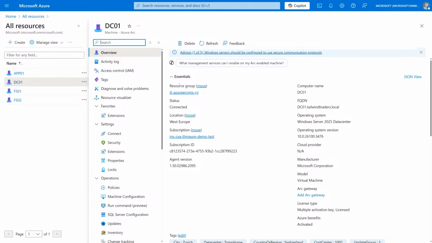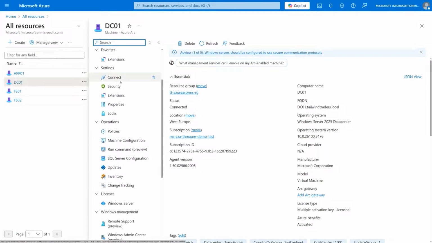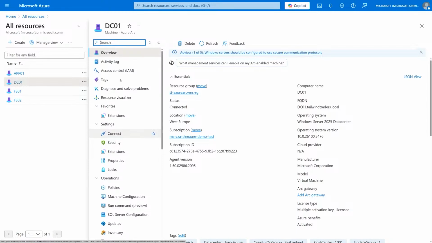But for the rest, it looks like an Azure resource, right? It's part of a subscription. You can use role-based access control as you can do in Azure. So I can give permissions to other administrators to manage that resource. And then we have a ton of different management tools, which Arnav will talk a little bit about later